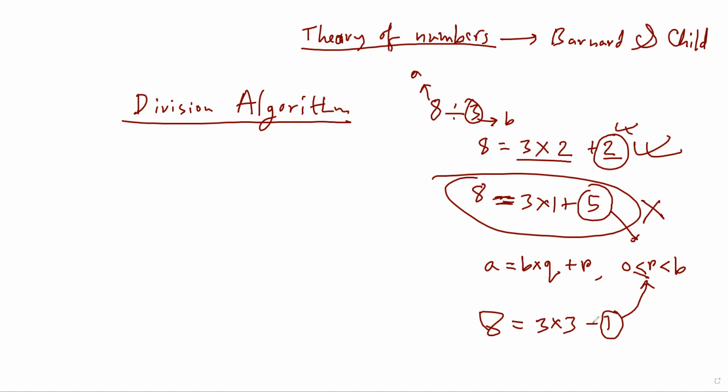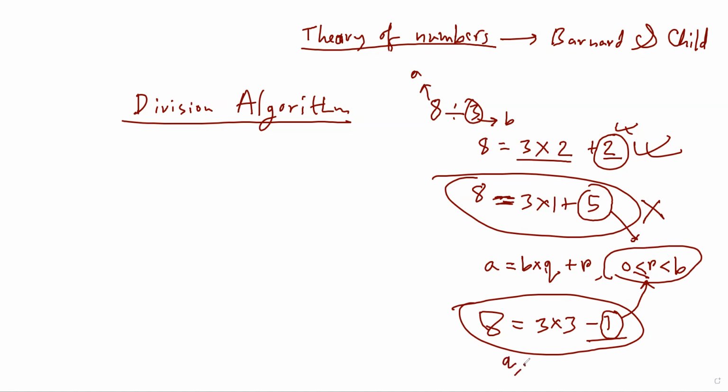This is also not acceptable according to the definition, because r cannot be less than 0. So even though everything is correct mathematically, and the magnitude of the remainder also satisfies the condition, the sign is negative, that is why we also reject this idea. So in that sense, the pair q and r becomes unique